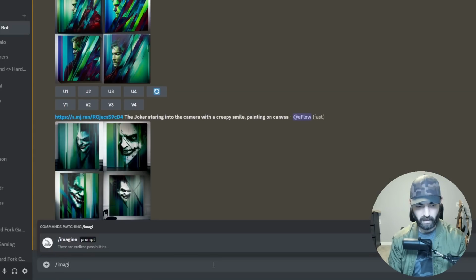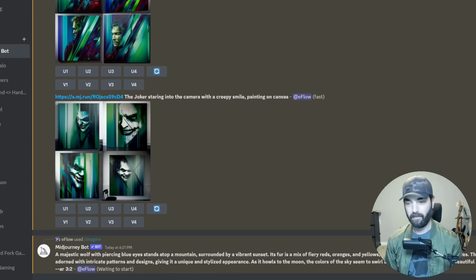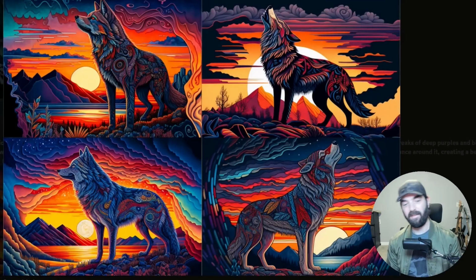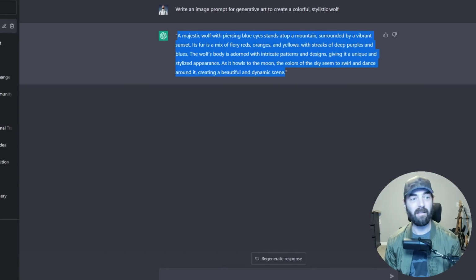So let's go ahead and copy this whole prompt here, and let's see what it gives us. Jump into MidJourney, type imagine, paste our entire prompt there. Let's see what it gives us. All right, so check these out. This is from the prompt that I copied and pasted that ChatGPT wrote for me. So ChatGPT is actually pretty awesome at creating prompts that you can then plug into MidJourney as well. And then the last resource is, of course,